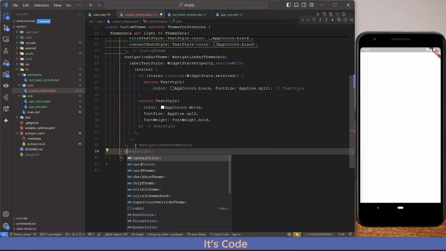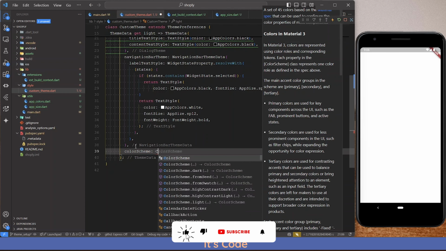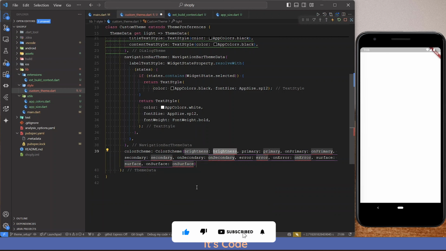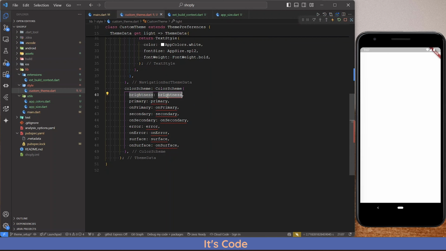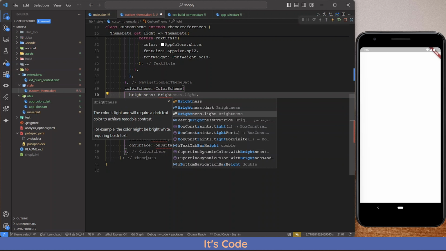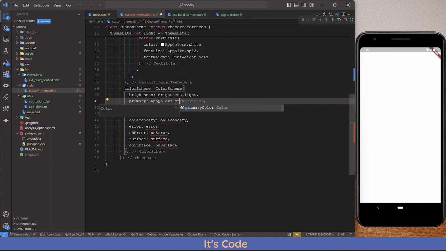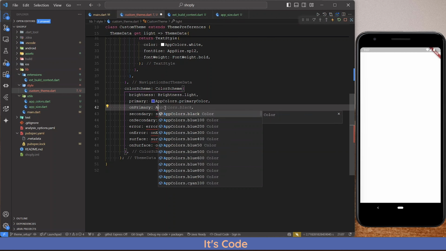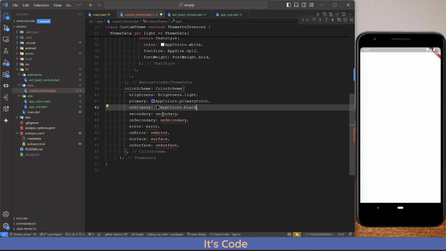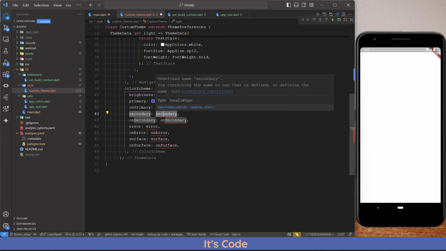Now, let's define the color scheme for our app. There are quite a few details to cover, so we'll tackle them one at a time. First, we'll set the brightness to brightness.light, which will establish the overall theme as a light mode. Next, we need to define the primary color. This will be our blue color, representing the main accent of our app. We'll also set the on-primary color to blue, ensuring that the text or icons placed on top of the primary